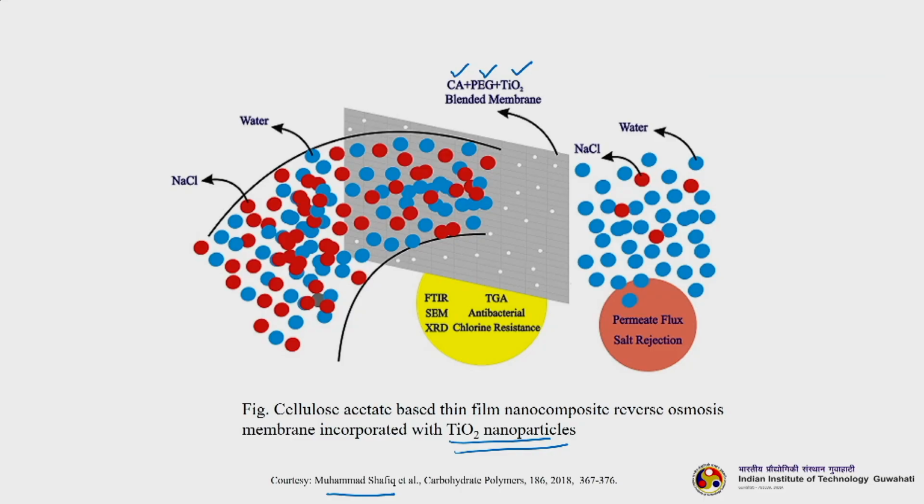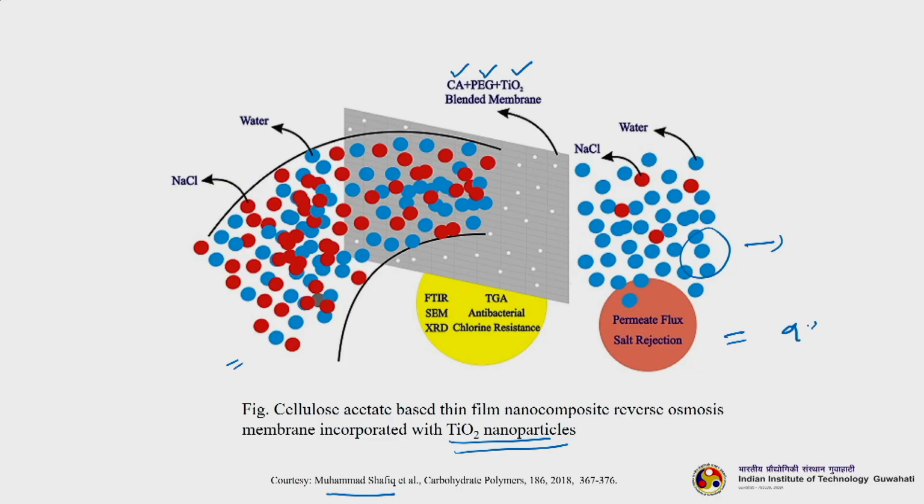You can see here also that most of the salts are getting retained, and only the water comes to this side. So, this is the permeate side, this is your feed side. A very small amount of salt will of course pass through, because by nature all membranes are like that. Since there are interspaces in the membrane material, the salts pass through, but the amount is extremely small. We have just discussed that there are membranes prepared with almost 99.5% salt rejection, even more than that, 99.9%.